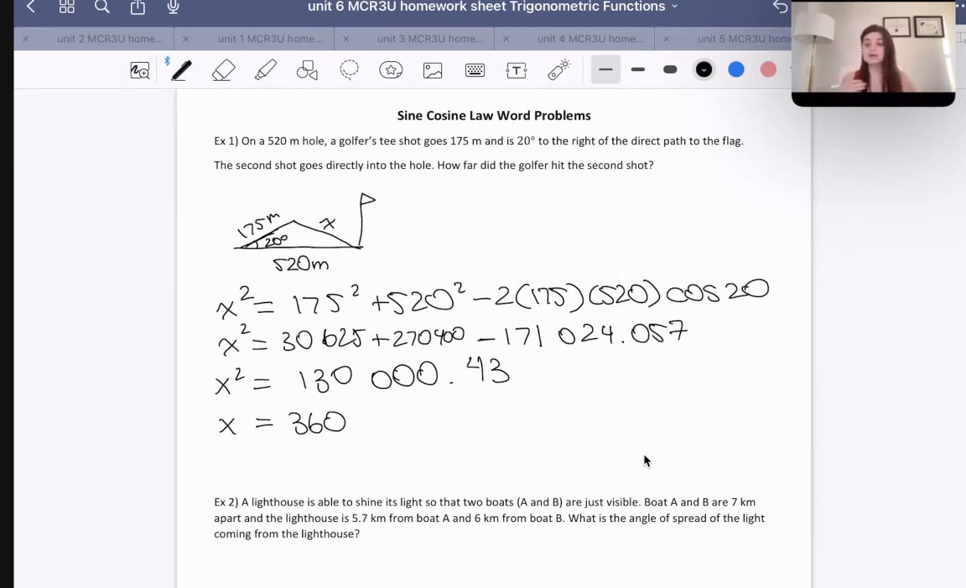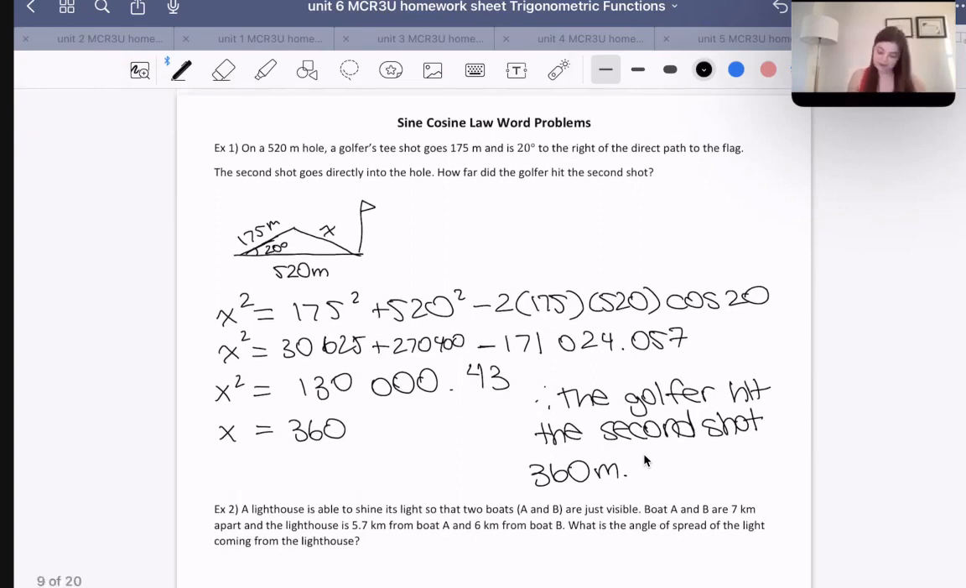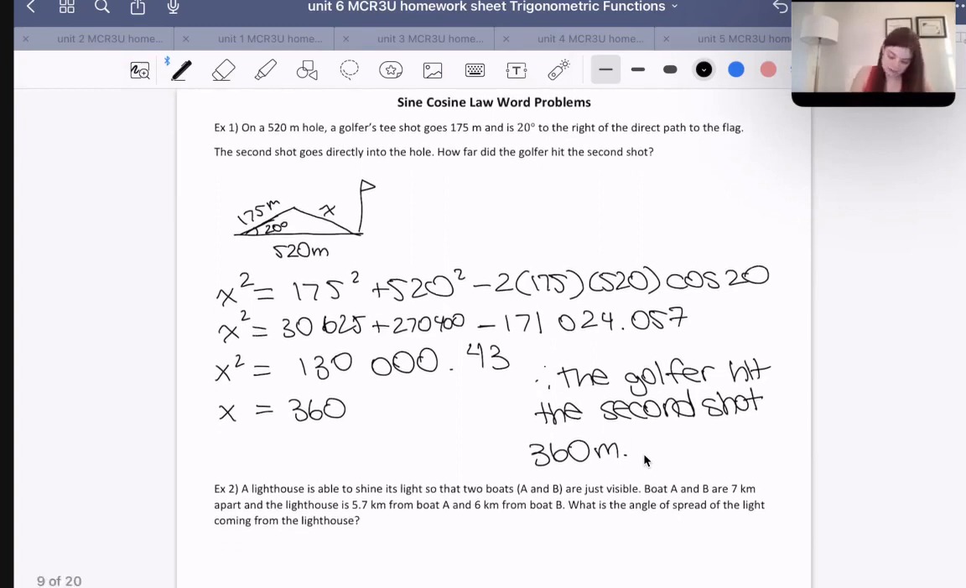Now, because this is a word problem, I'm also going to write a conclusion statement. Some teachers require this, others do not, but I'm going to write one in case it is something important for your teacher. I'm going to say, therefore, the golfer hit the second shot 360 meters, or you could say approximately 360 meters. We did do an approximation there, that's for sure. All right, let's move on